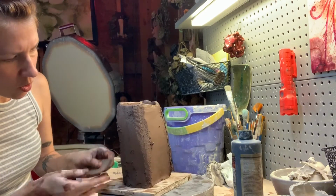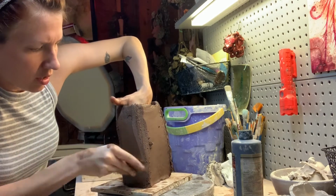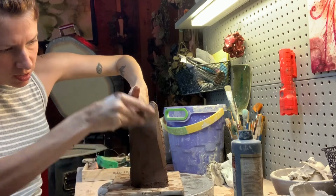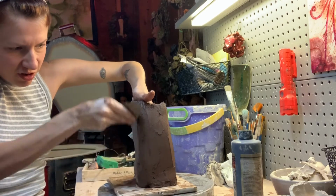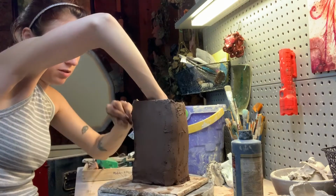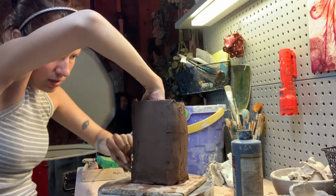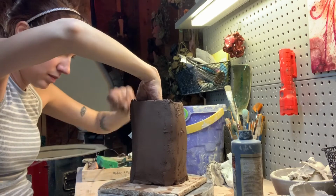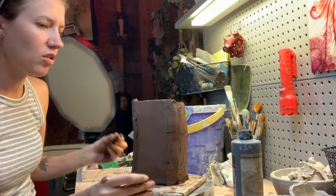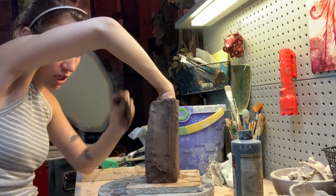Now these lines will go away if you just turn it to a flat side. Scrape it up if the lines bother you. Right now this feels like I'm building with brownie batter, the color and the grittiness. So I'm first going to just join these. Since I'm kind of losing the edges, I'm going to make this a little more of a rounded piece rather than squared. It's going to have a slight rectangular shape, but